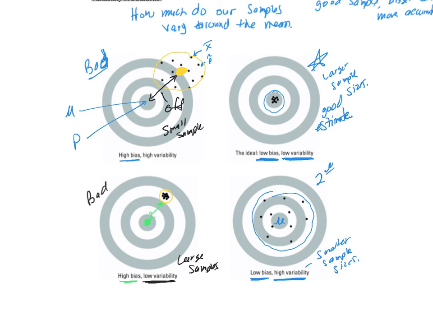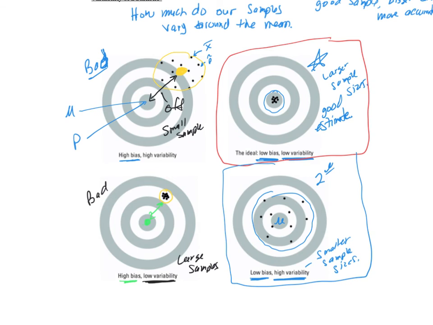So we obviously want that upper right-hand corner. This is our goal. But sometimes we'll have to be happy with this one. Either one of those on the right will give us a very good idea of the population mean. The ones on the left, not so much. So we will continue to learn about sampling distributions. Good luck with the homework.